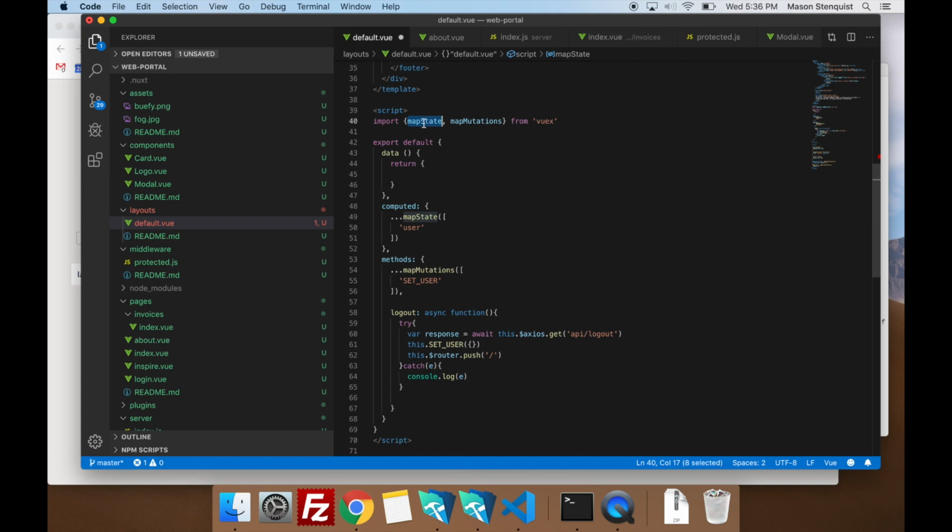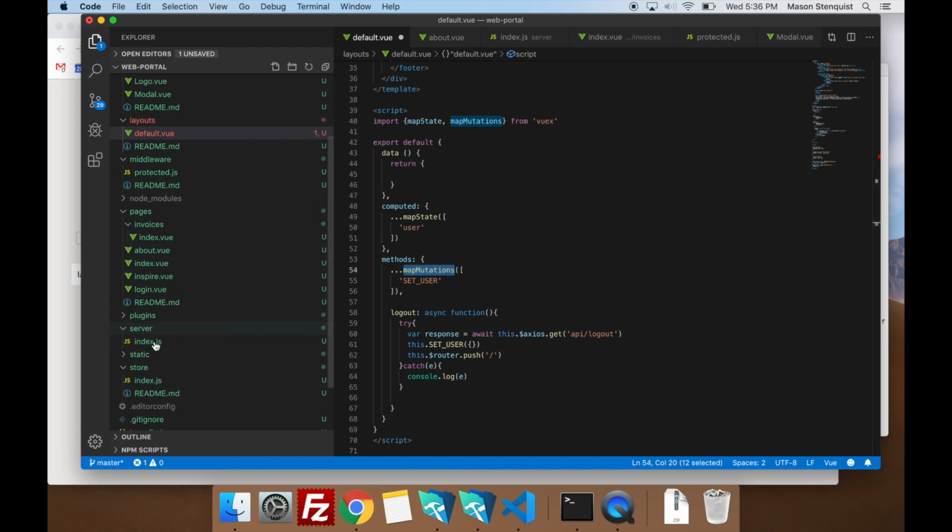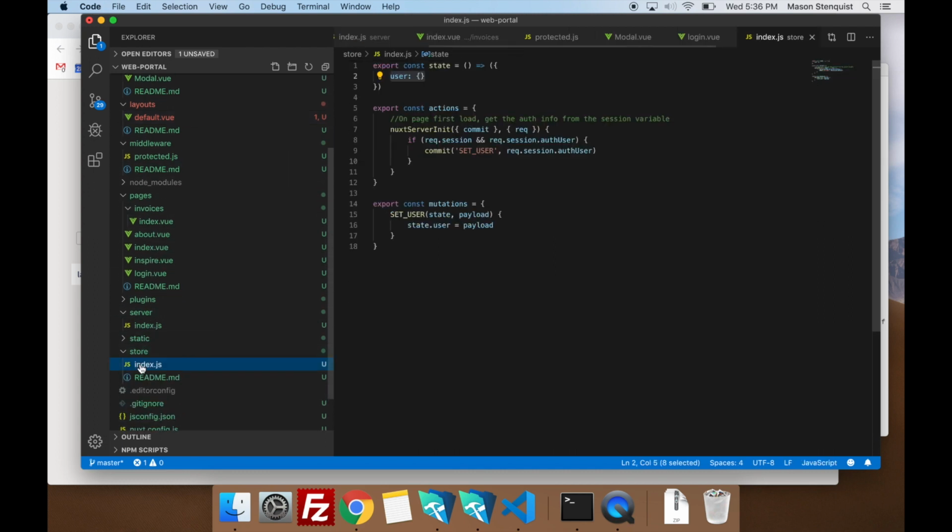So we're importing map state and map mutations from Vuex, and you'll notice we're registering this. We just want access to the user object here, and we want access to the mutations. Again, all this is set up in our index store right here. You'll notice this is the state user, and that's the mutation set user.